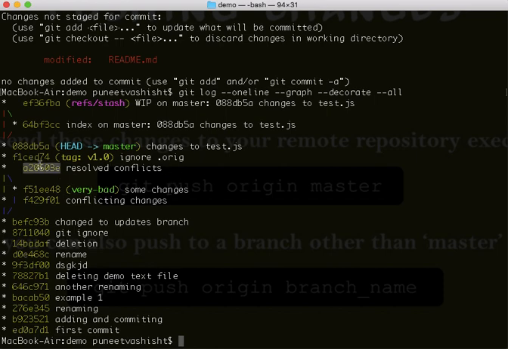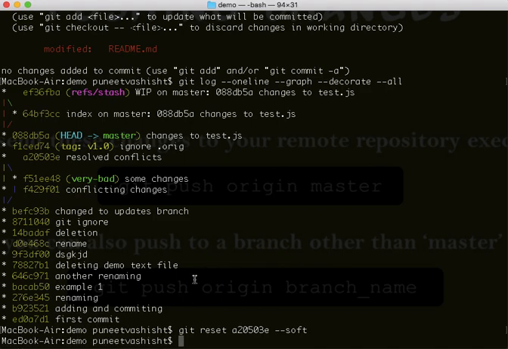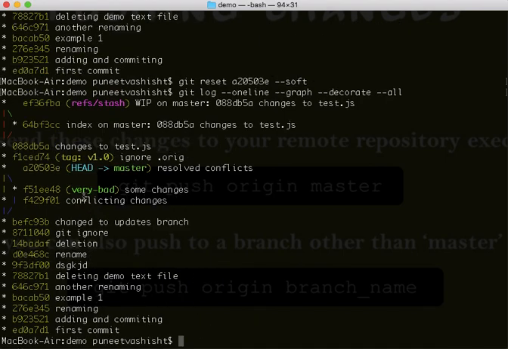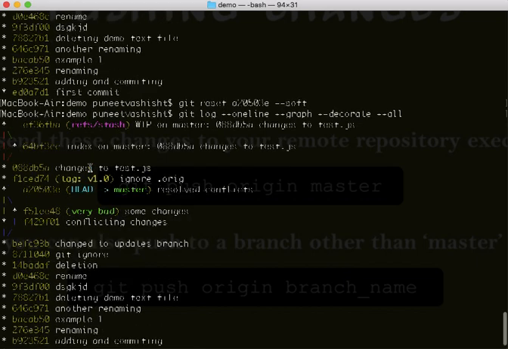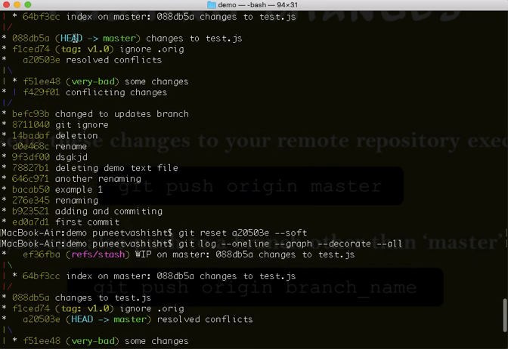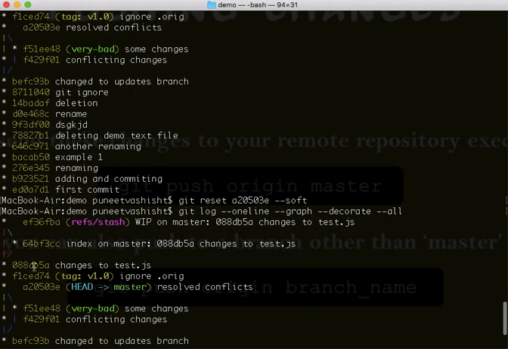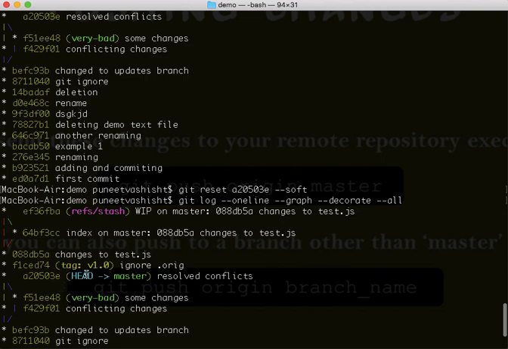On this one. So what I'm going to do is copy this, and issue a command called git reset and specify this version right here, and I'll use an option called soft. That's where it's going to be really important. So with soft, when I issue the same history command again, you will notice that the head, which was pointing to this particular 088db5a commit,